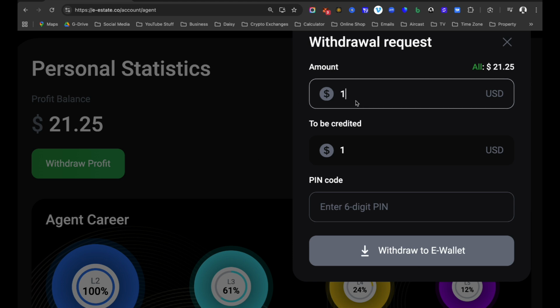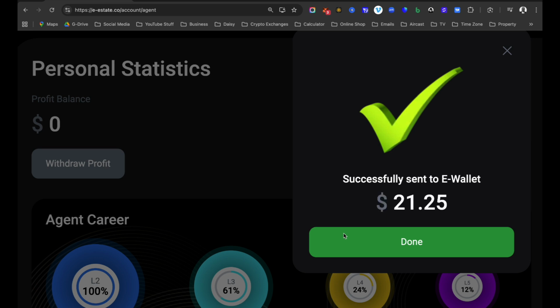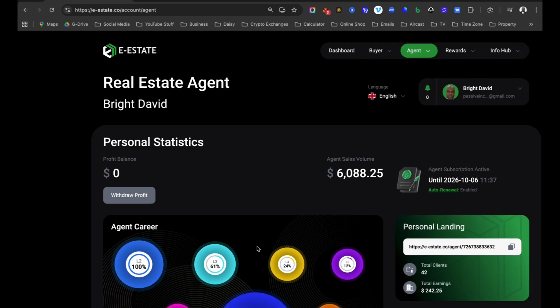I'm going to enter everything there, 21.25, and I'm going to enter my 6-digit withdrawal code. Everybody should have this code with them. I'm going to enter it there and click withdraw to estate. So now that has gone to my e-wallet. I'm going to click done, and then once that is done, I want to go back